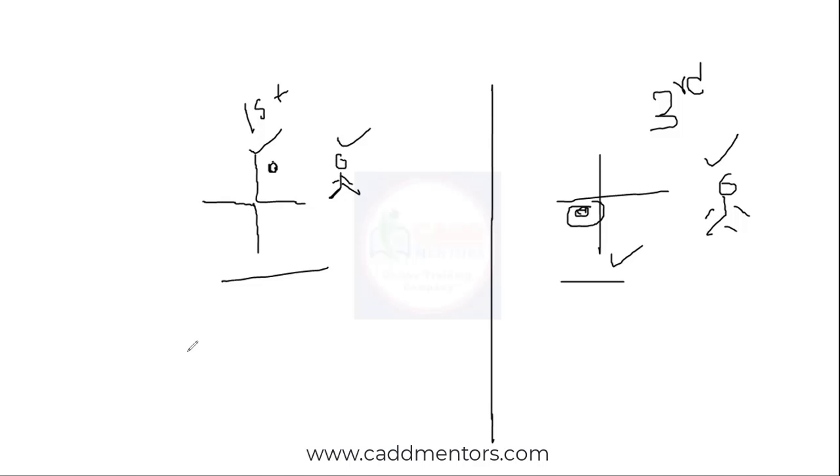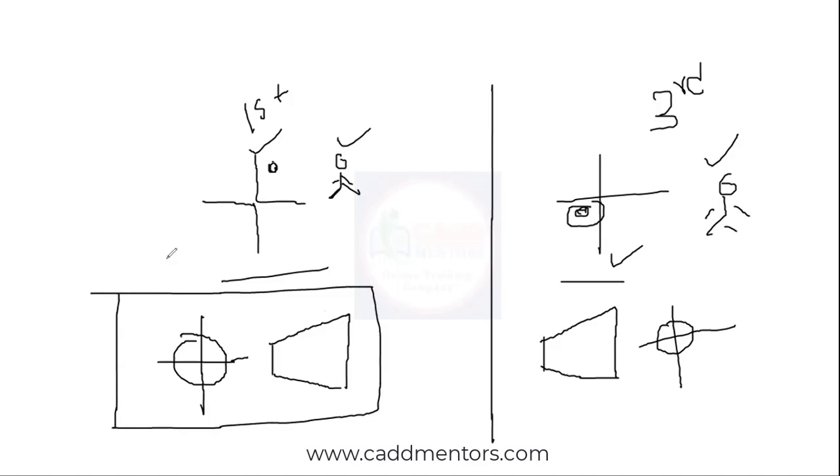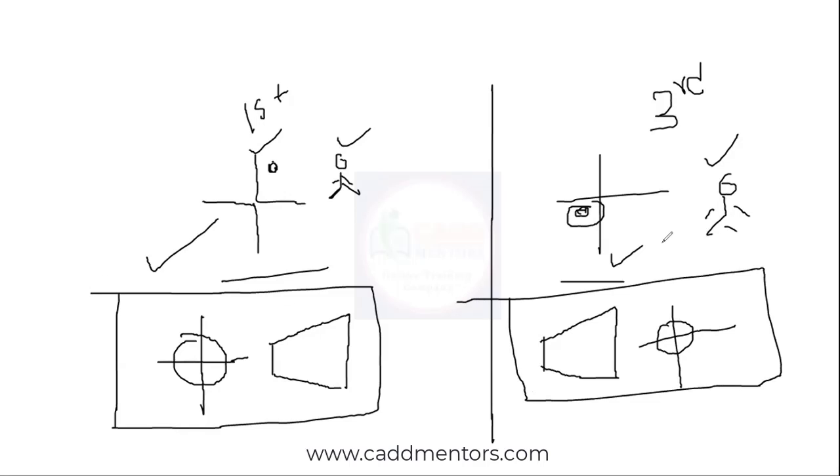Another one is, this is the symbolic representation for your first angle of projection. And this is your symbolic representation for third angle of projection. So whenever you see any drawing sheet, nowhere will they mention first angle of projection or third angle of projection. You'll have a symbolic representation. If you see it like this, then you need to say this is a first angle of projection, and when you see this one, this is the third angle of projection. So nowhere in the drawing will they mention the angle of projection, so by seeing the symbolic representation only, you need to identify it.